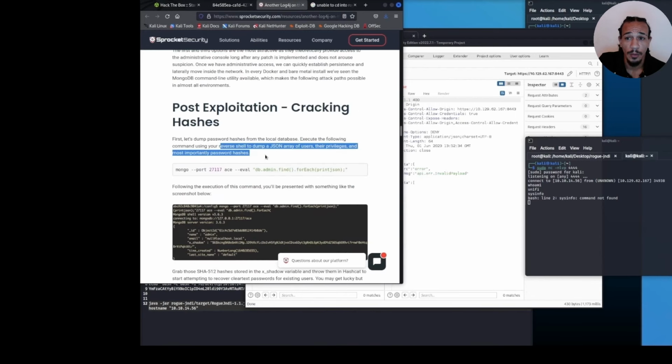Now, this is a really good write-up that I just really want to take time to point that out. Cracking the hash. First, let's dump the hashes from the local DB. Execute the following command using a reverse shell to dump a JSON array of users, their privs, and most importantly, their